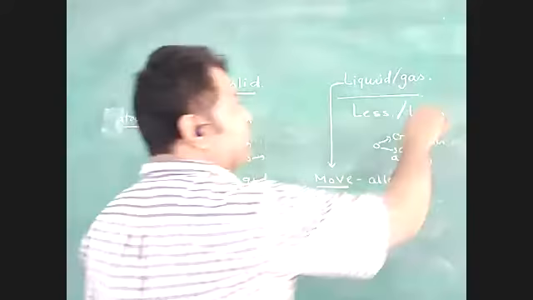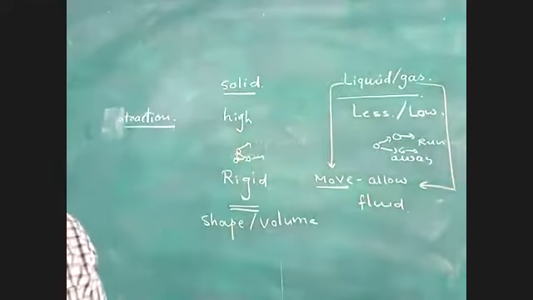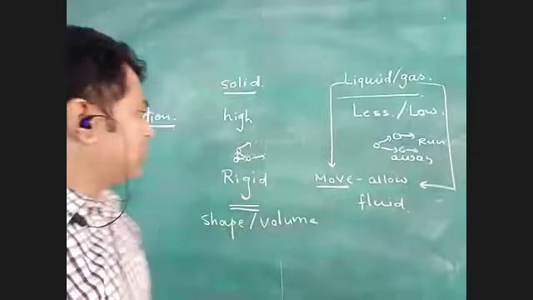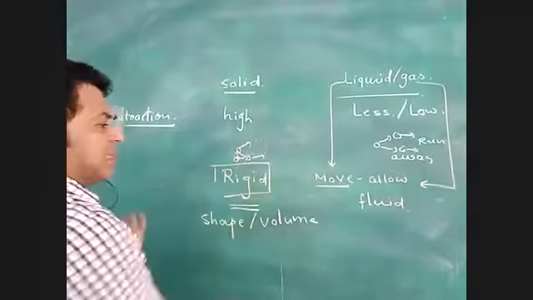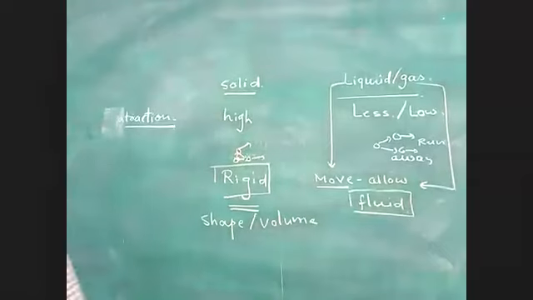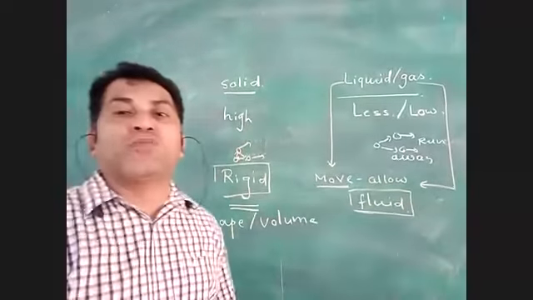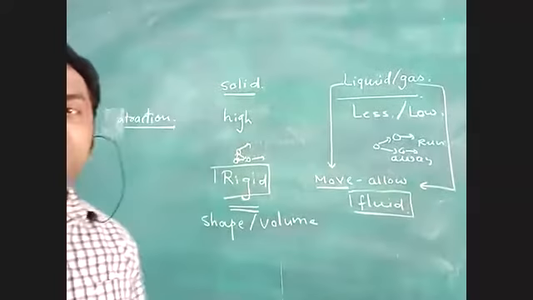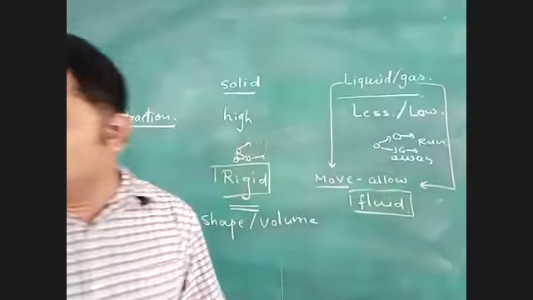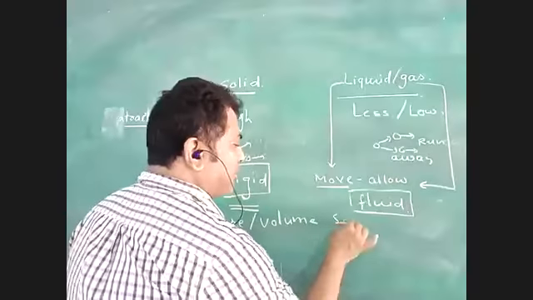Same thing happens with the gas. Gas can also move from one place to another place. Okay, and that's why it is also known as fluid. So solid is rigid while liquid and gas are fluid, because they are able to move from one place to another place. As well, if we talk about liquid, so liquid is not allowing the particles to separate out,